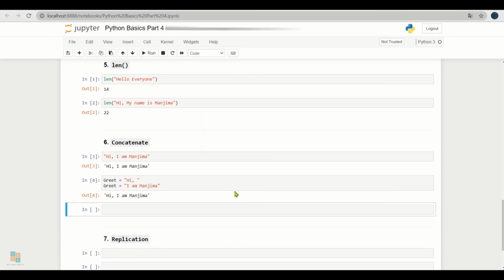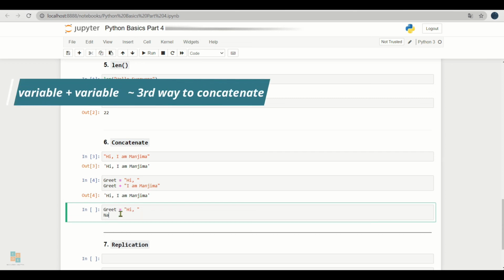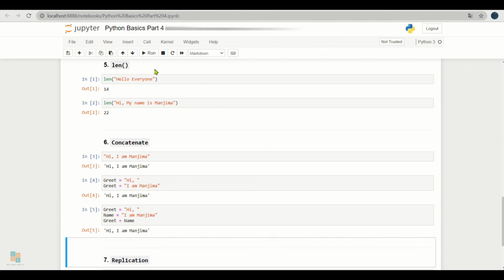So you can see here it is our output. Hi, I am Munjima. And wait, we can also use the variable plus variable command. We just need to assign two strings to two different variables and then join them like this. And click run. These three examples produce exactly the same result. So these are the ways you can concatenate strings.